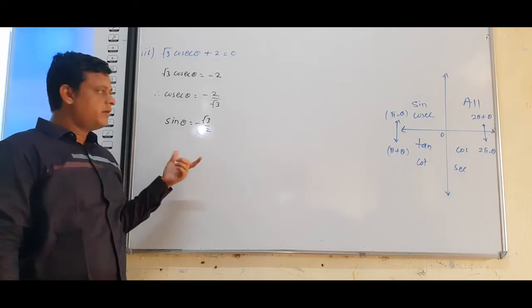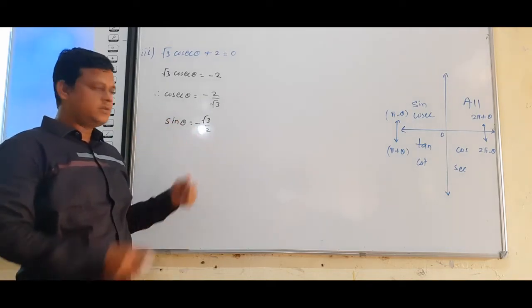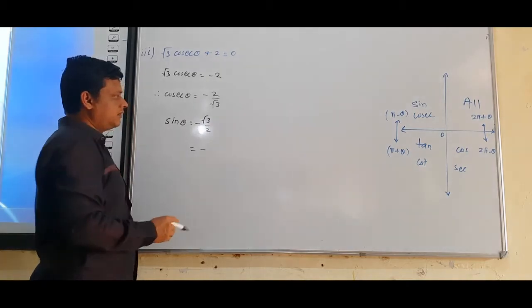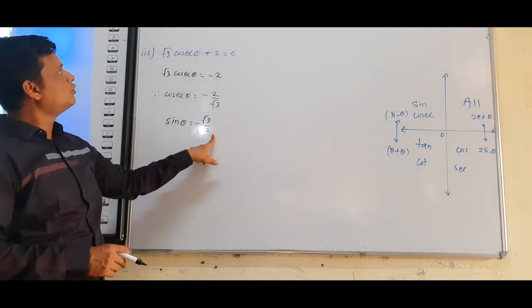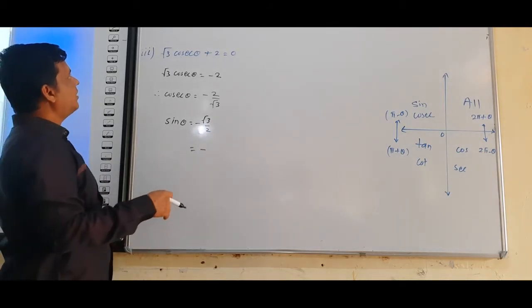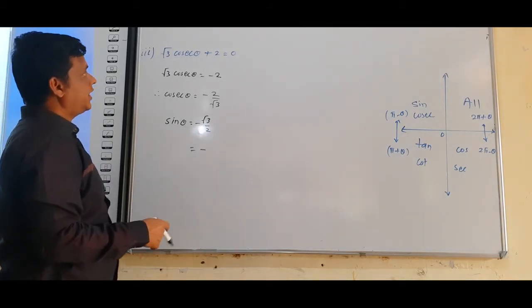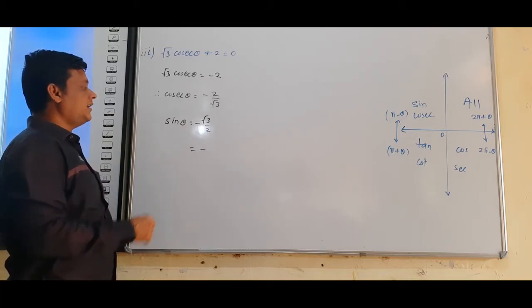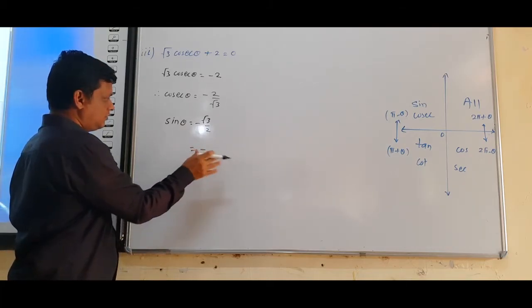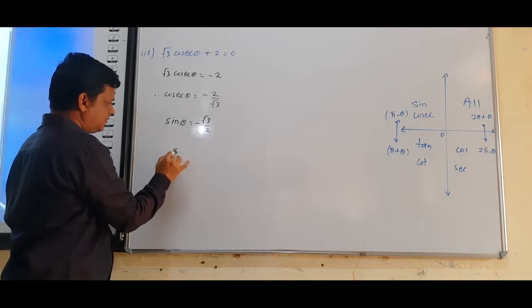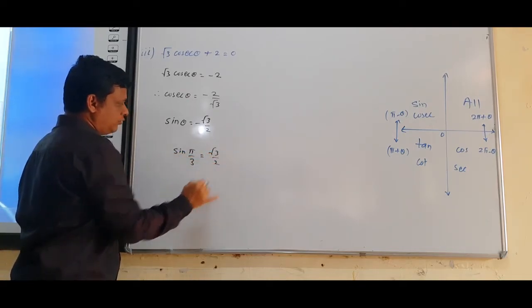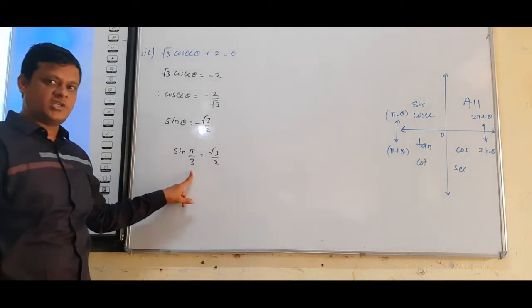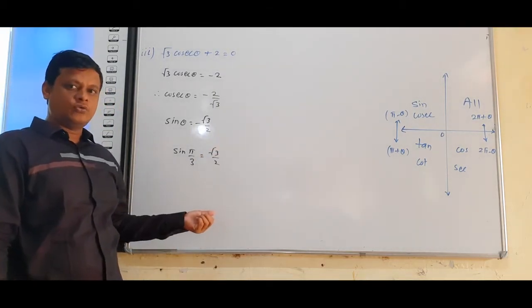So we find the principal solution for this. So we have to write for which angle we get the value root 3 by 2. So from the table you can check, we get the value sin pi by 3. So we write here sin pi by 3 is equal to root 3 by 2. That means for the angle 60 we get the value root 3 by 2.